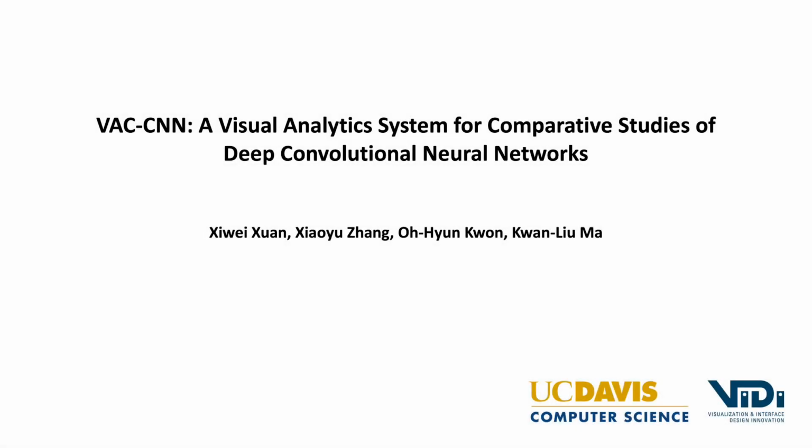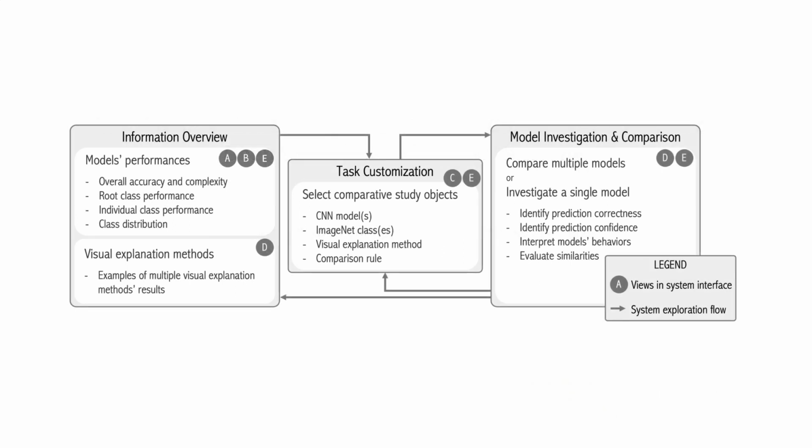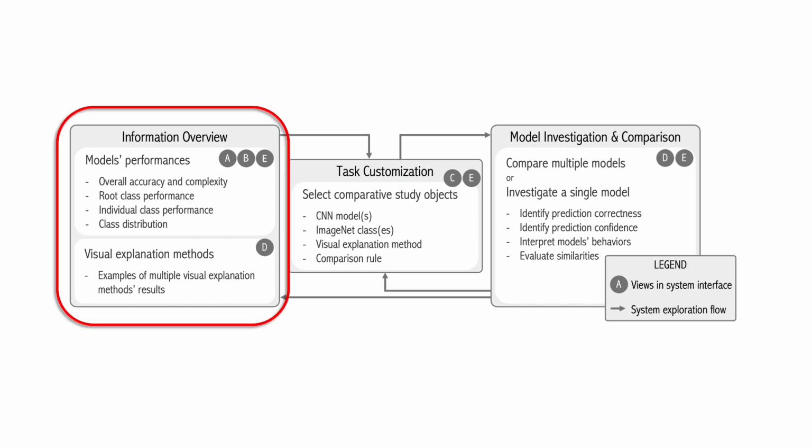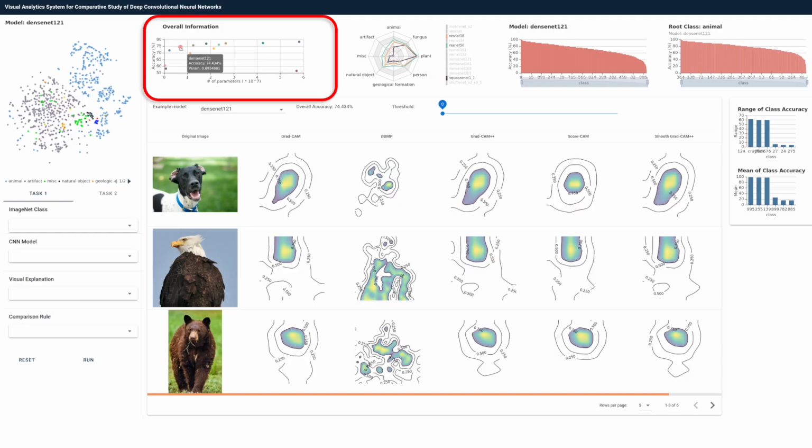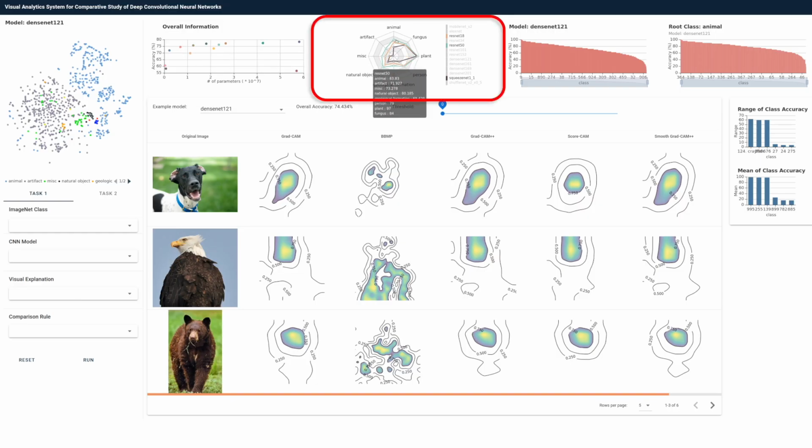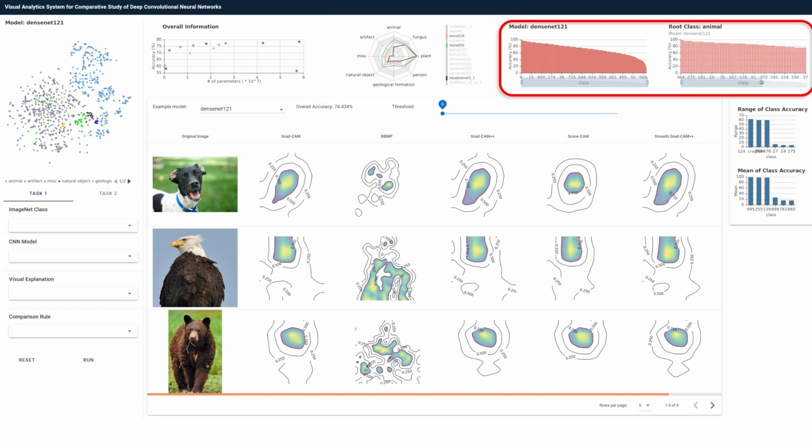In this video, we present VAC-CNN, a visual analytics system for novice machine learning practitioners to conduct interpretable comparison studies upon multiple CNN models. VAC-CNN consists of three phases: information overview phase, task customization phase, and model explanation and comparison phase. At the information overview phase, users can explore multiple visualizations to get a high-level understanding of the model's performances